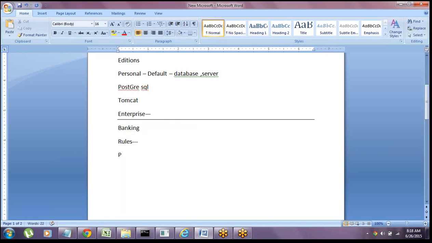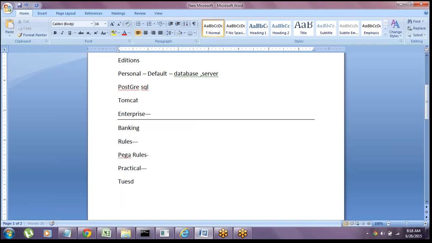See, normally we used to call Pega rules process commander, right? In Pega everything is called a rule. Whatever you are creating in the application, everything is called a rule here. Using the rules, we can develop anything. There will be so many things. And practically, I'll show the tool in